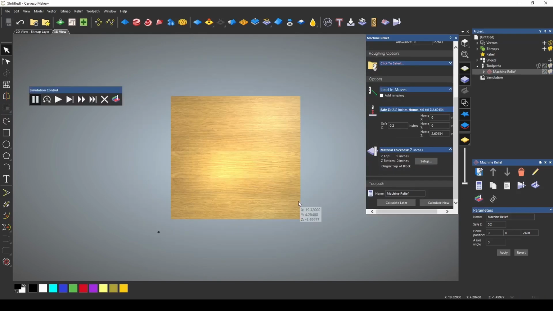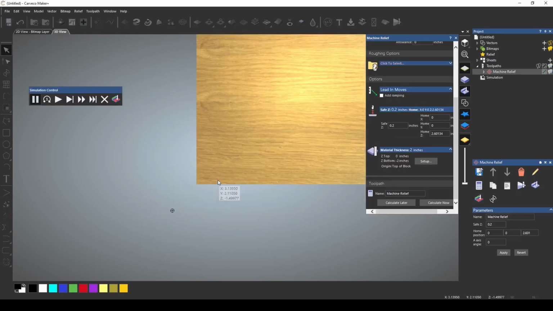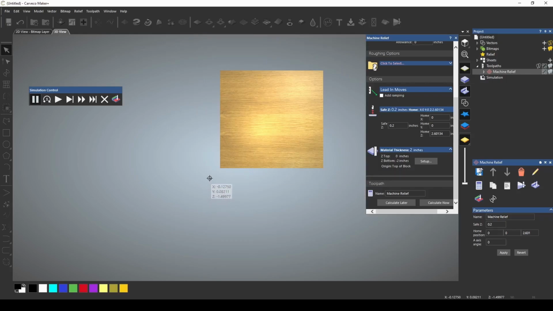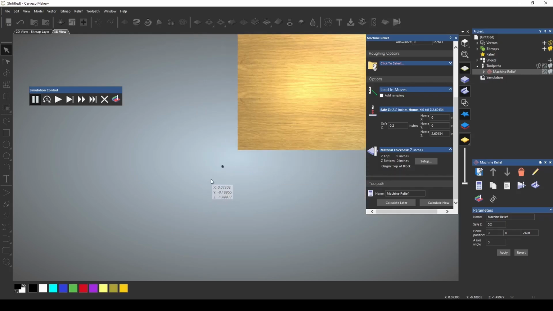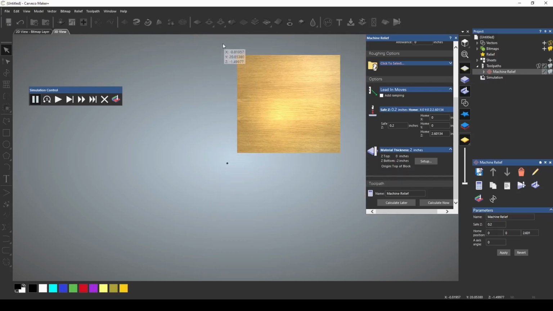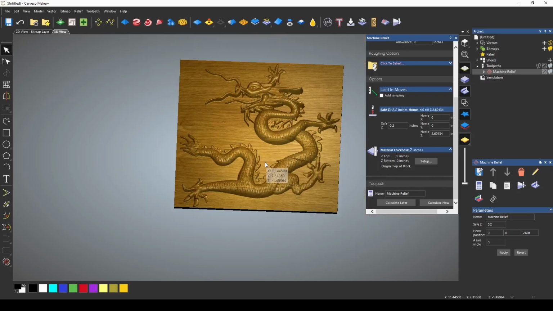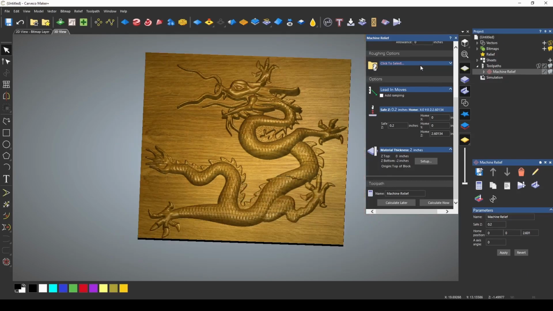And if I run my simulation, you can see that the original material reference starting point didn't change, and so it kept our original material size but only ran the toolpath inside the box that we cropped. And that gives you access to those advanced toolpath strategies without having to cut all the extra waste material.